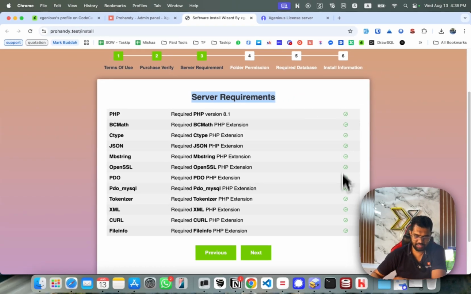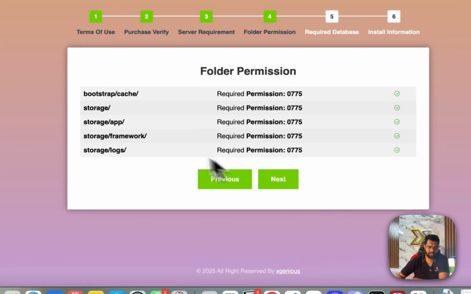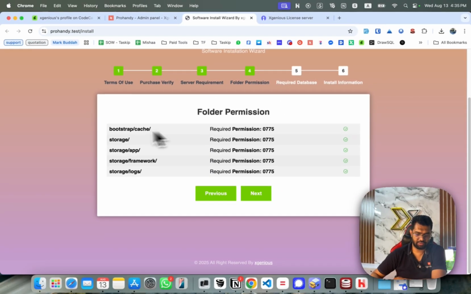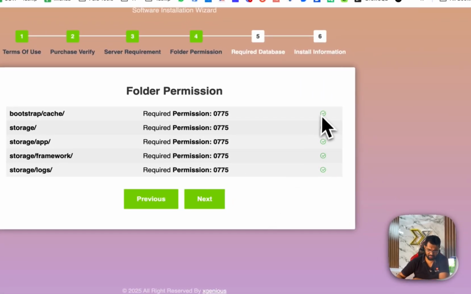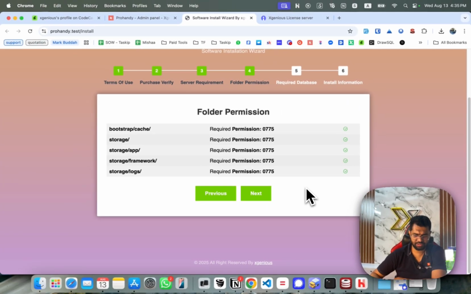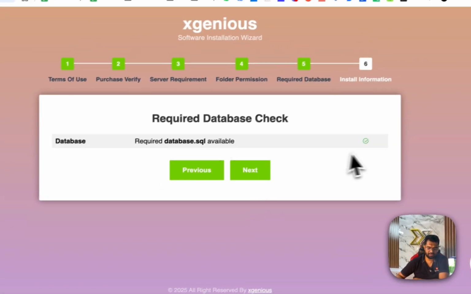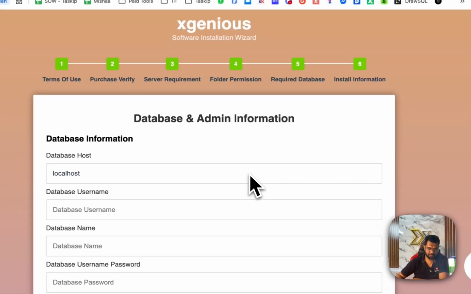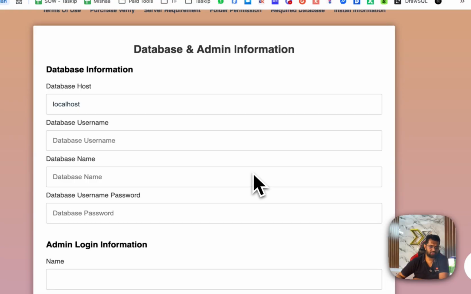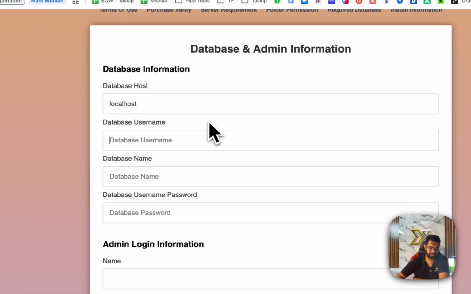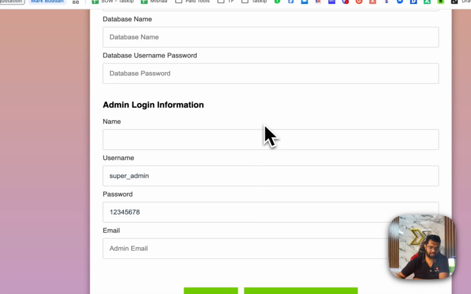Since everything is green, we are good to go. Click on next, and this is checking all the folder permissions required for running these applications. All are green, which means we are good to go. Click on next, and this is also green. Click on next. Now the main part where we have to add our database username, database name and database password. Also we have to enter